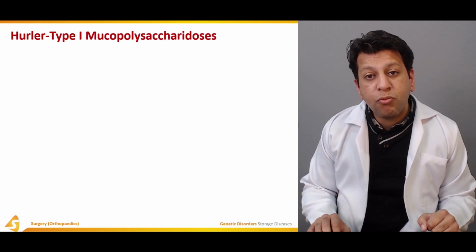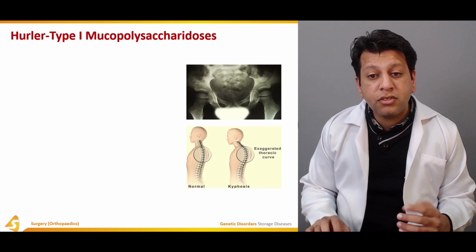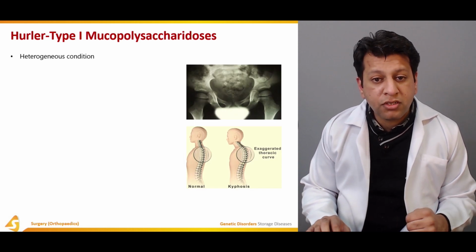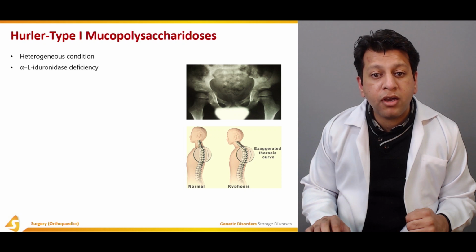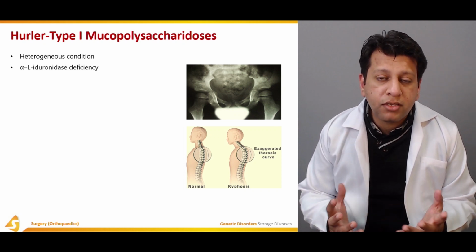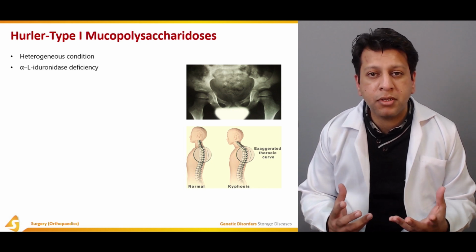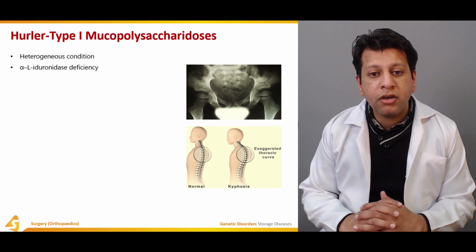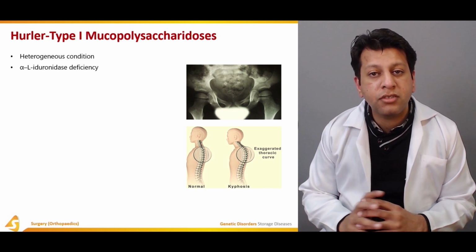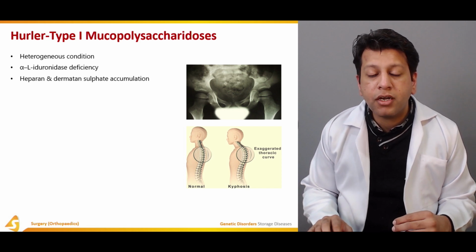Now coming to type 1, which is autosomal recessive. This includes a heterogeneous condition. It's alpha-L-iduronidase deficiency. As I just told you briefly, this is an enzymatic deficiency of enzymes which are mainly present in the lysosomes. In Hurler type 1, it's alpha-L-iduronidase deficiency, which results in accumulation of heparan and dermatan sulfate,